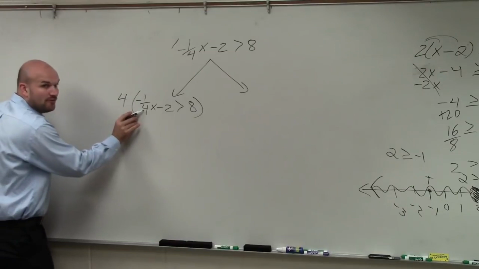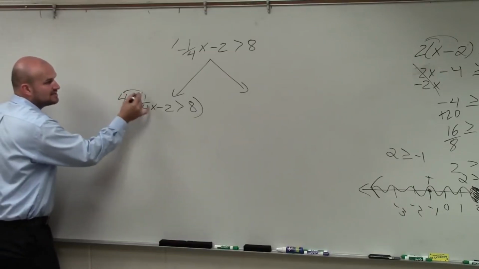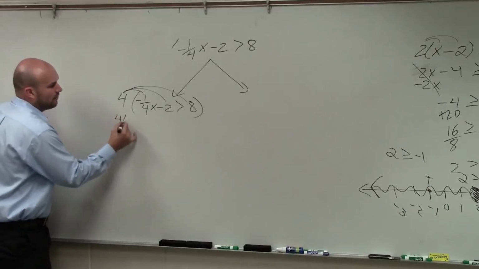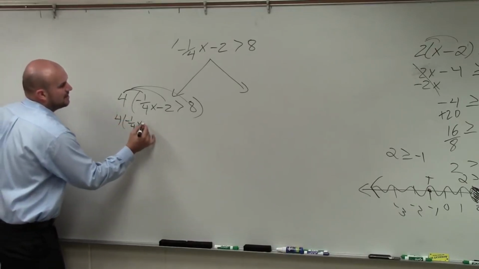So I'm dividing by 4. That's why I have a fraction. So let's apply the distributive property and multiply everything by 4. 4 times negative 1/4 x minus